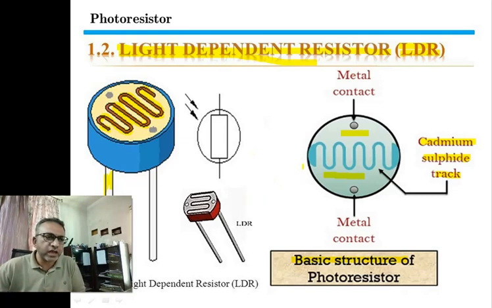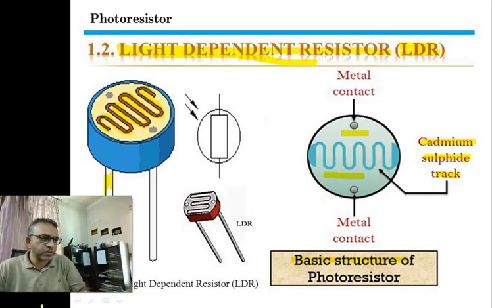So we are intentionally focusing light only to fall on the cadmium sulfide track, so that we can get a reasonable amount of resistance. We do not want light to fall on the remaining surface area. So it is kept covered using an opaque material. So this was the silver material, and light is only allowed to fall on the exposed cadmium sulfide track.